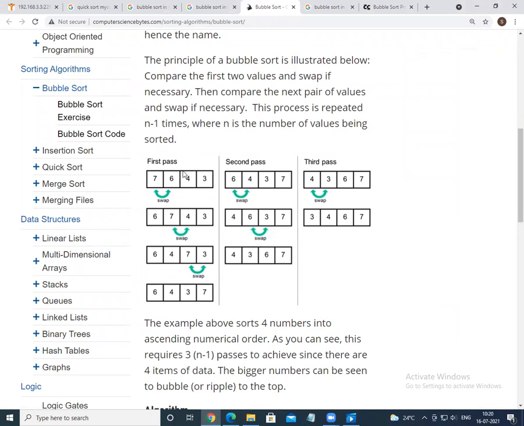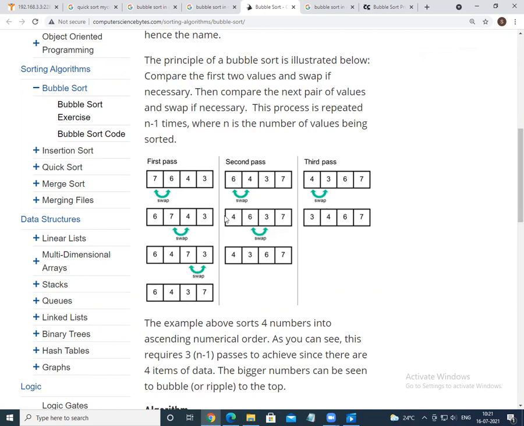To brief up, bubble sort is one of the sorting techniques wherein we have two for loops. The outer for loop identifies the number of iterations. If we have n elements, say 4 elements, the number of iterations will be 3. Within the iterations, in each individual iteration, the number of comparisons will be n minus i minus 1, where n is the size of the array and i is the iteration number. For i equal to 0, it will go with three comparisons, again 2, again 1.